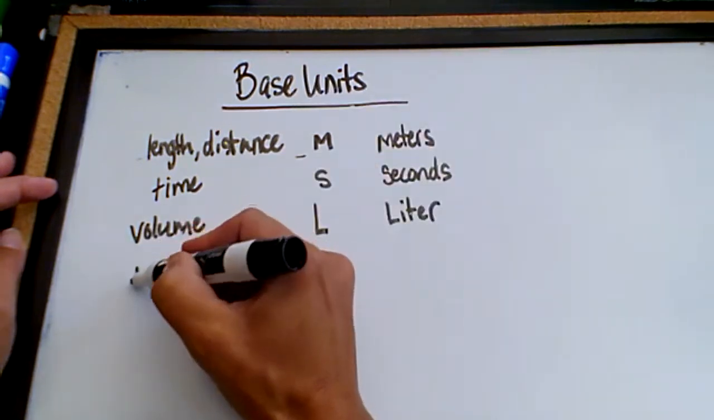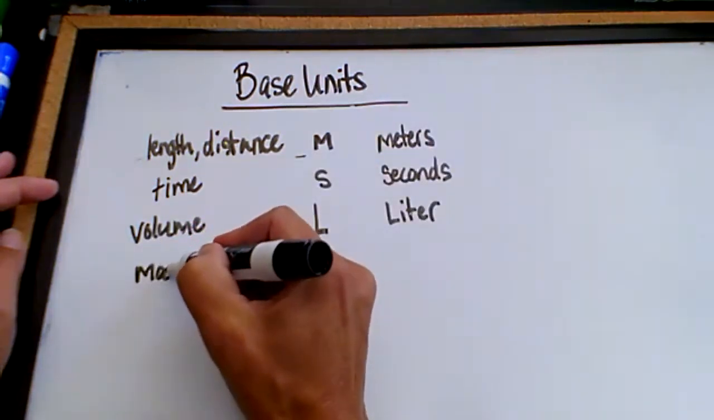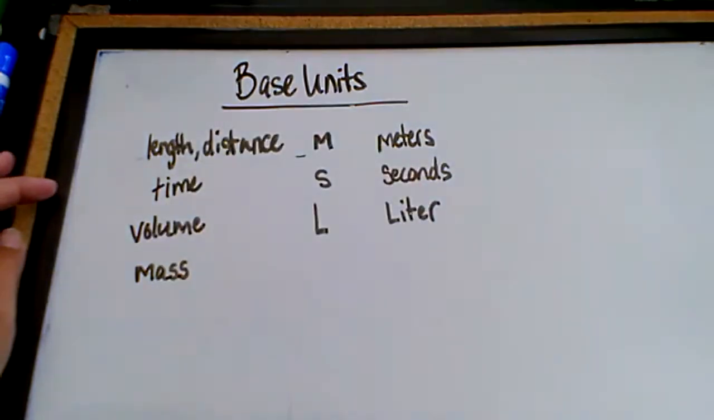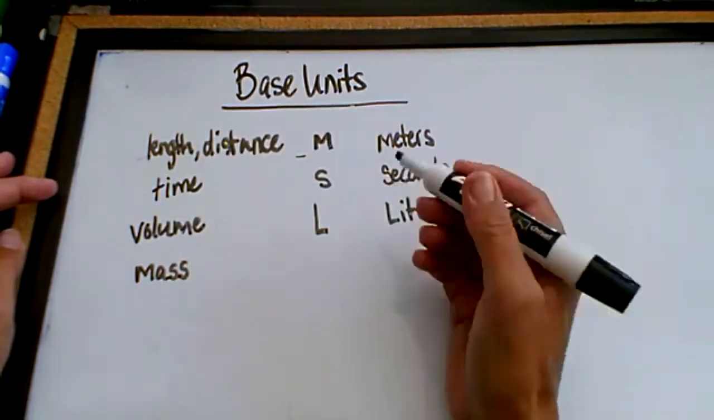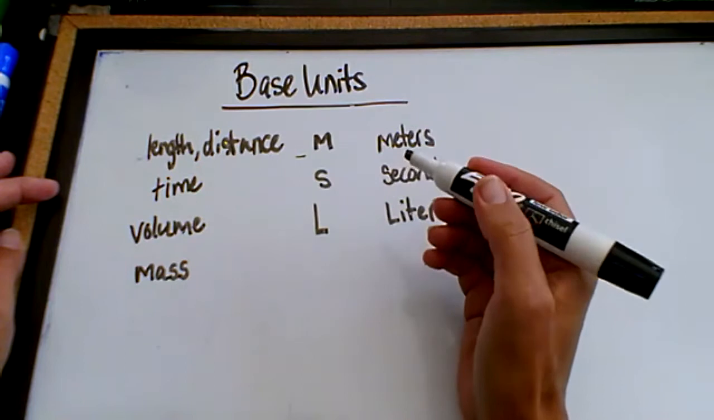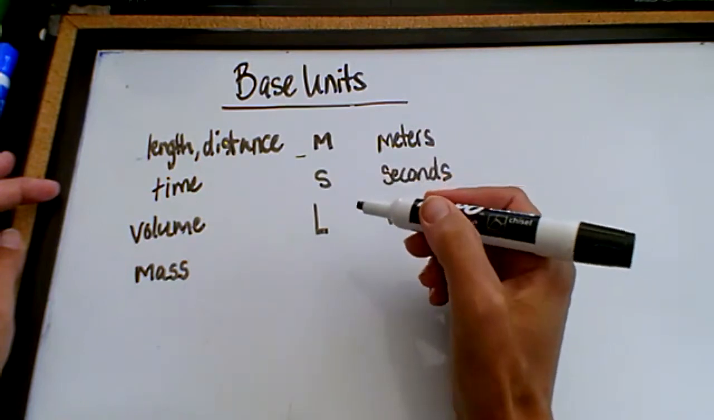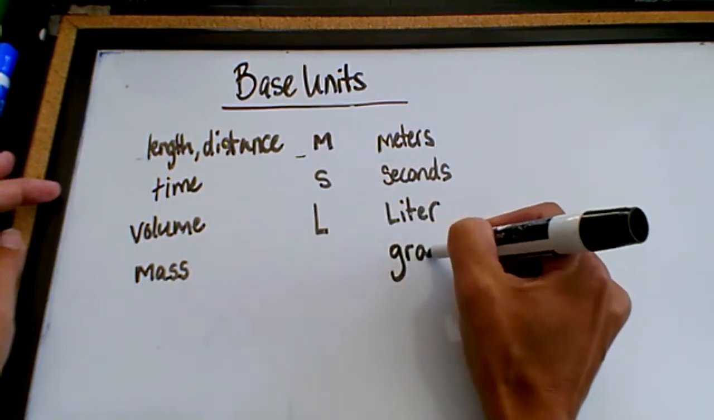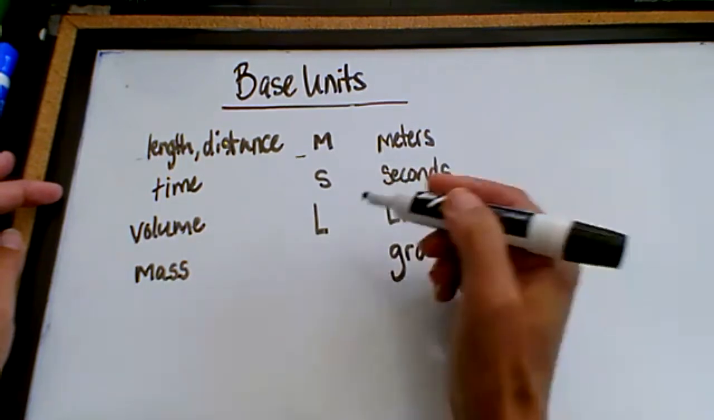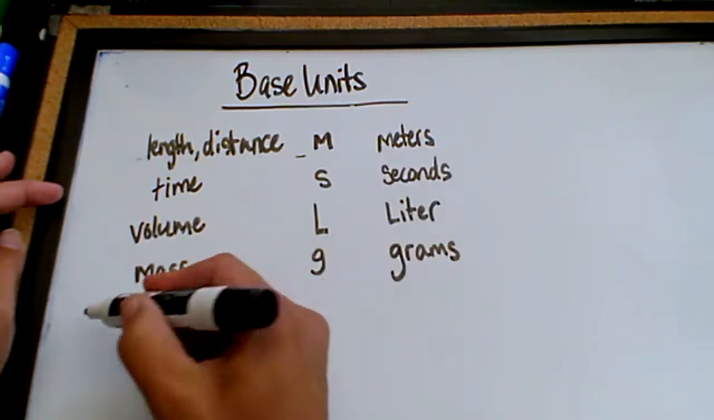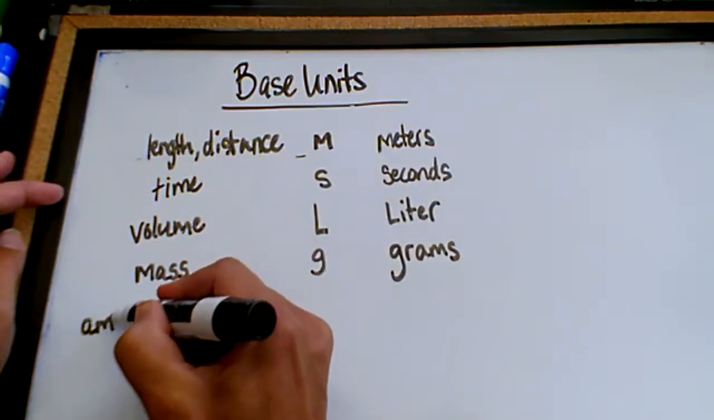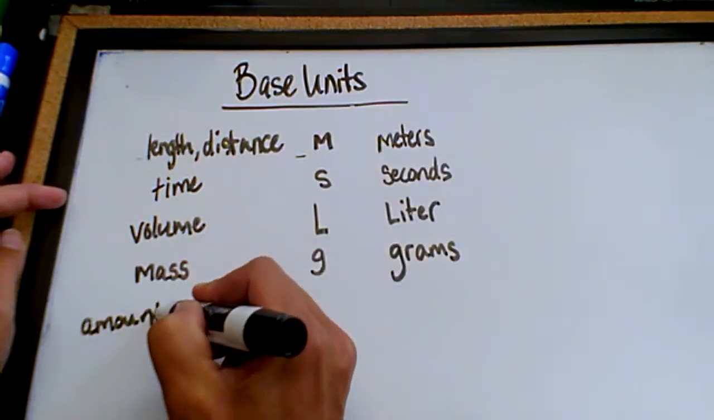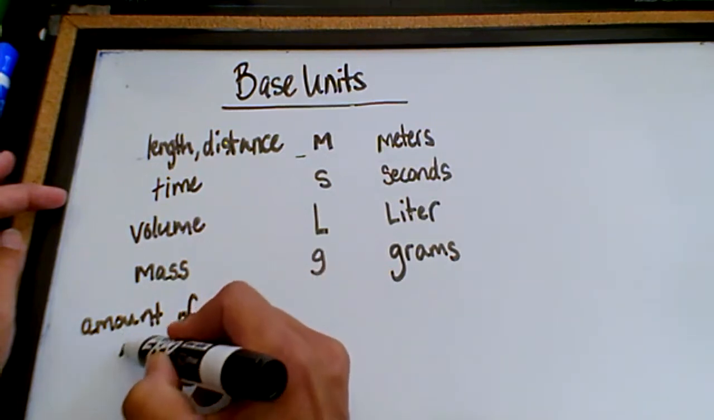If we are measuring the mass, which is how much matter is present, that might be a little bit misleading. We would use grams, right? Small g. If we are doing the amount of matter,